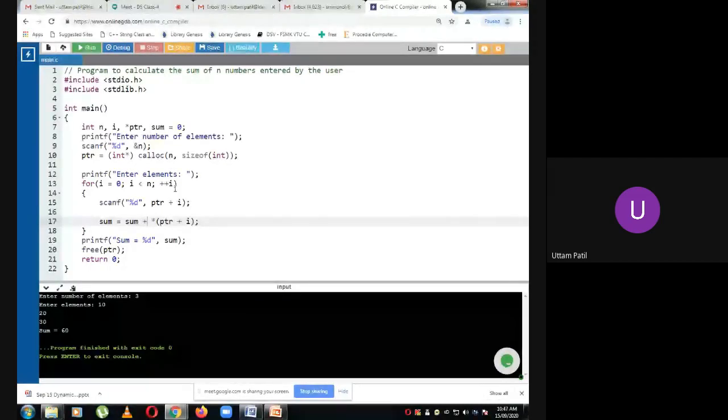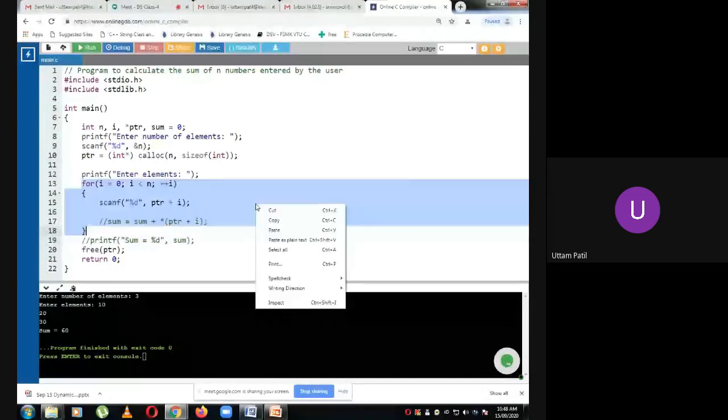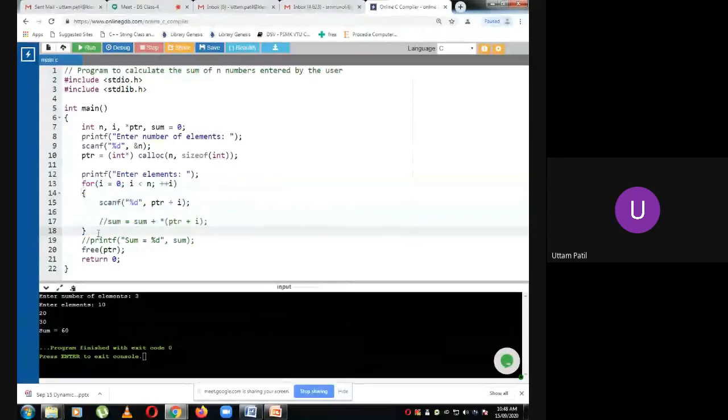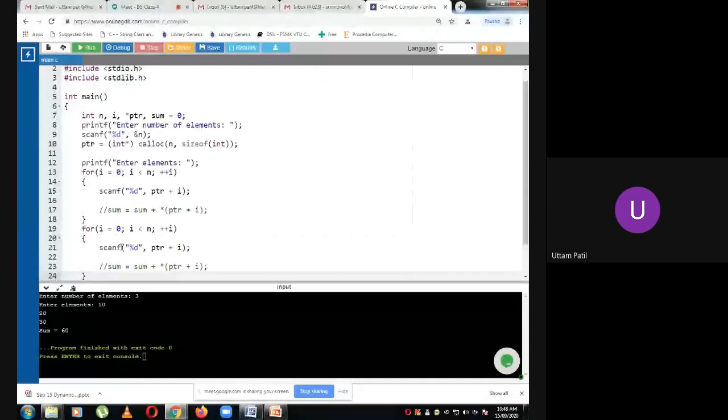Now here I can also display the elements. So I'll show you how to display the elements using the array. I'll just enter the elements, scanf, and I will printf.